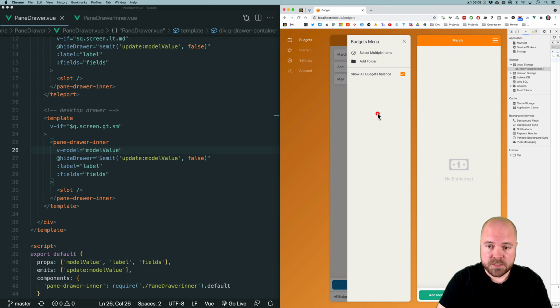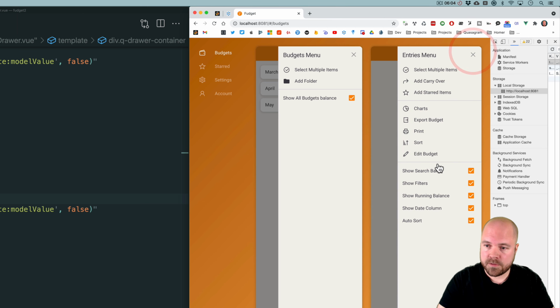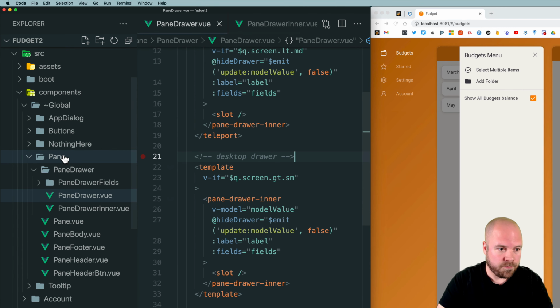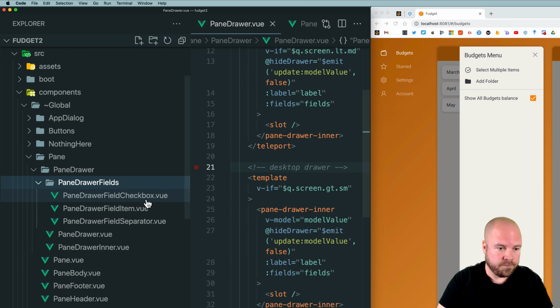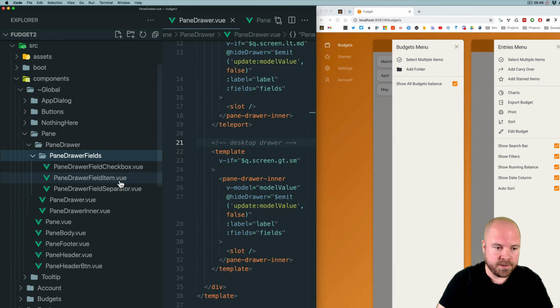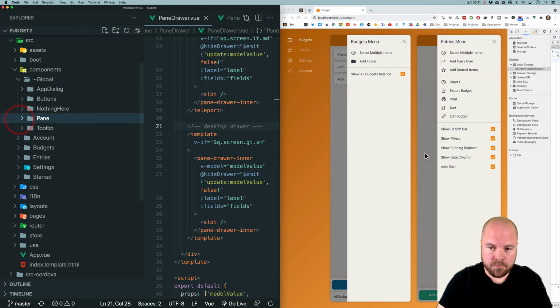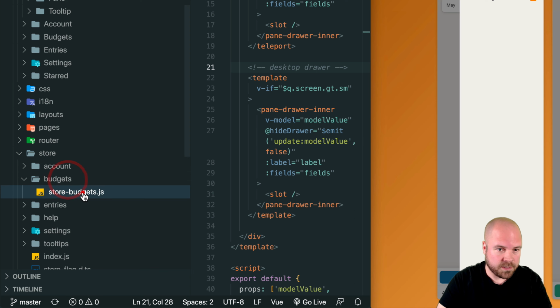And just like I did with the settings page, I've also set up individual field components for all of the different kinds of fields that we can find in a draw. So if I just go to the pane folder, I have components for a checkbox that's in a draw, or an item, such as one of these clickable items, and also a component for these separators that you can see. And just like for the settings page, I'm also outputting these options dynamically from my store. So if I go to store budgets and store budgets,